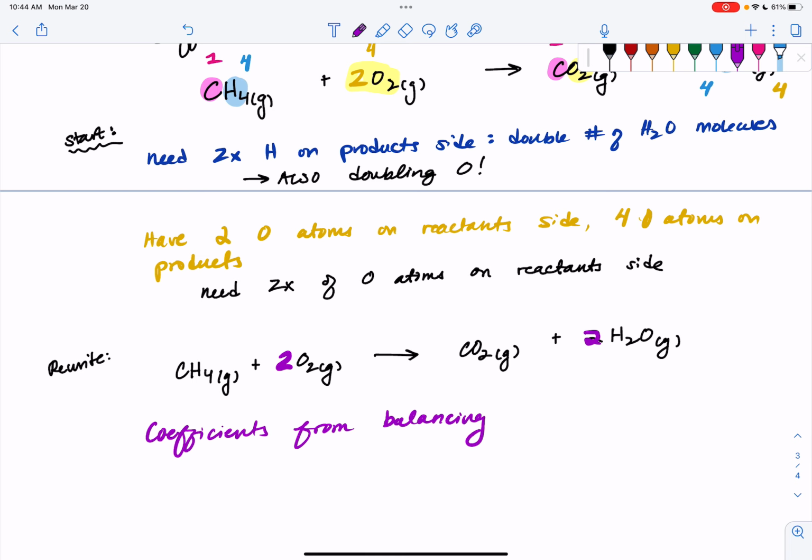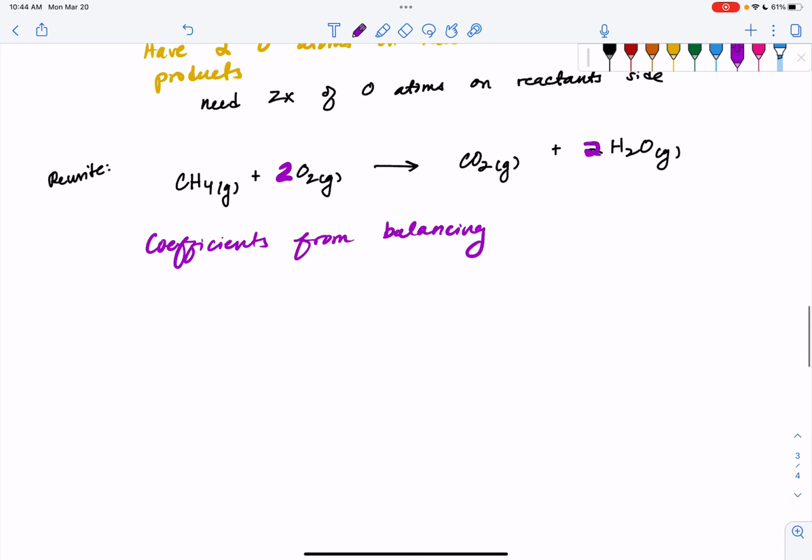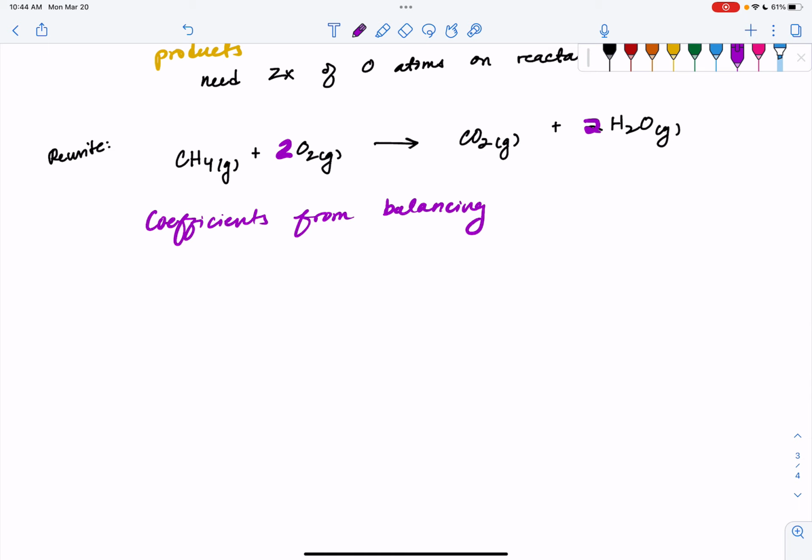And these coefficients now have provided a little bit of extra meaning or context to our chemical reaction. Because what we've done now is we have created a proportion